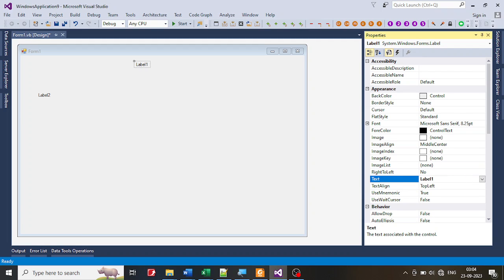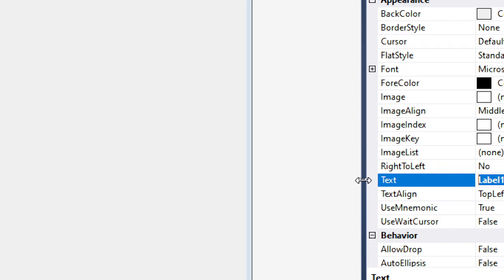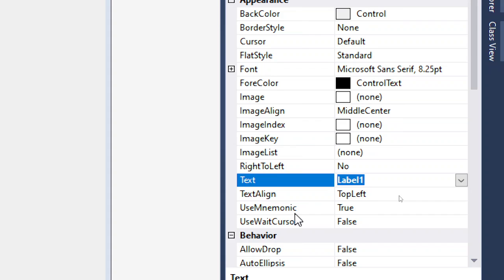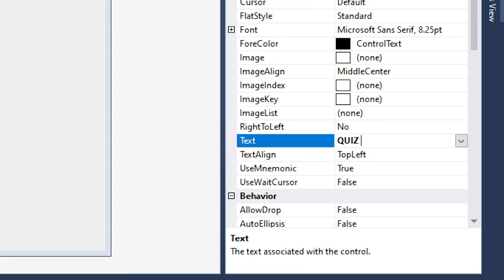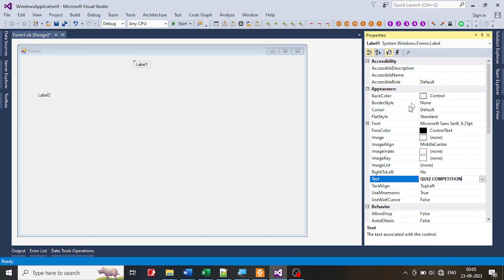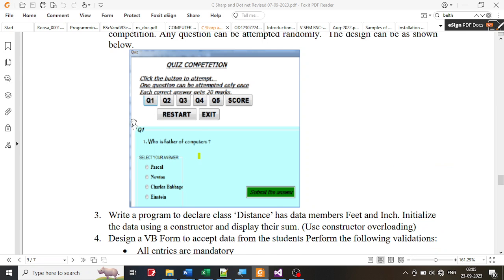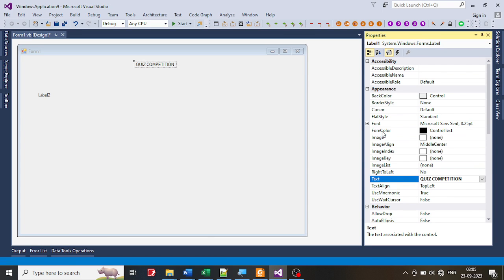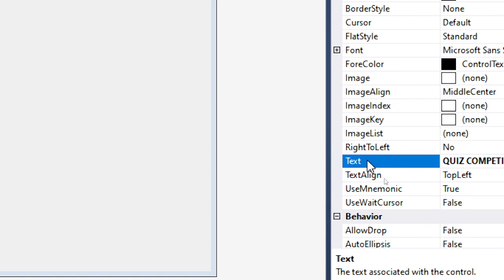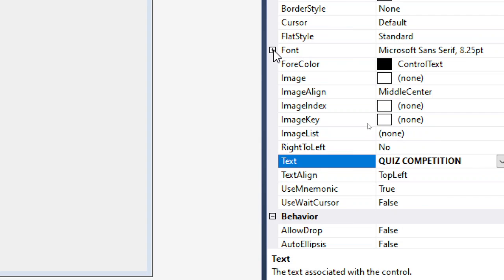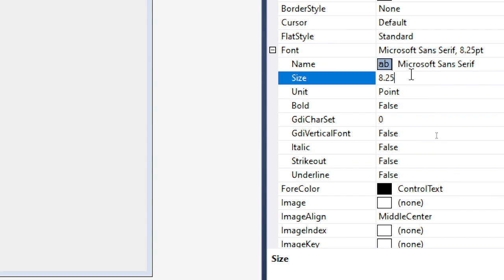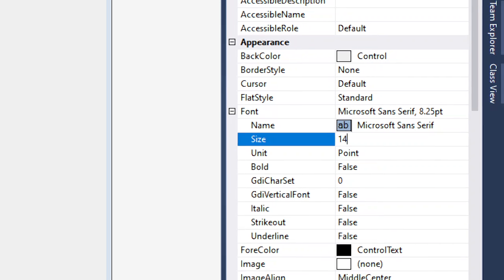So I will click here and I'm going to say quiz competition. So all capitals. So I'm going to say quiz competition. Okay, so that's done, and we are supposed to change its font and do some other things. So let me go to the fonts over here. If you notice here, right at the top you get the font. Click on this font. I'm going to make this font size as 14, okay, so that it